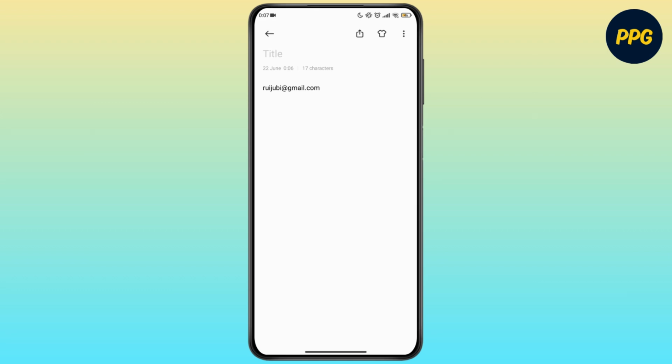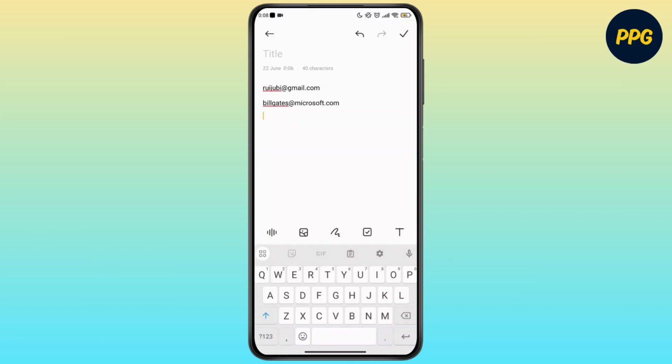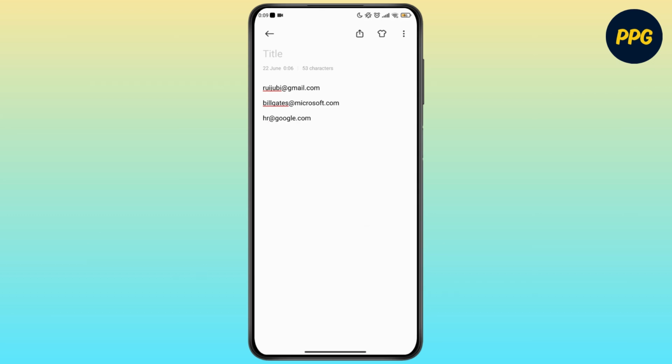The local part goes first and represents the username of the owner of the email. To be more specific, it's the recipient of the email. The recipient can be a single person, for example, Bill Gates @microsoft.com, or it can be a group of people. If you send an email to a person, it will be delivered to that specific person. However, if you send an email to a list of people, it will send emails to all participants of that